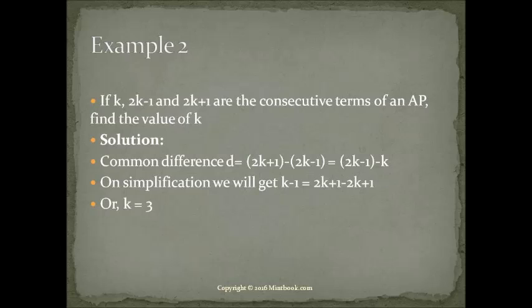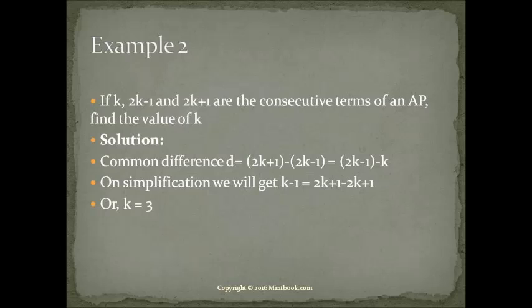So in this case, it has not been given whether or not these are the first three terms, or whether k, 2k minus 1 and 2k plus 1 occur some place in the middle of our arithmetic progression. So we need not worry about that. But the one thing which we can see from this is that k, 2k minus 1 and 2k plus 1 are the consecutive terms. So by the property of an arithmetic progression, the difference between consecutive terms should remain the same